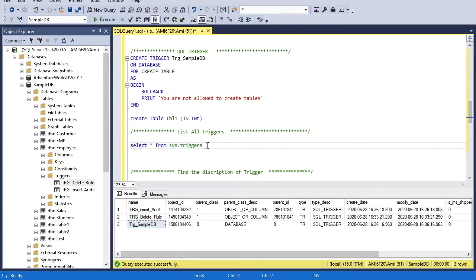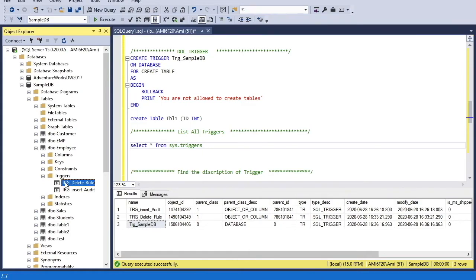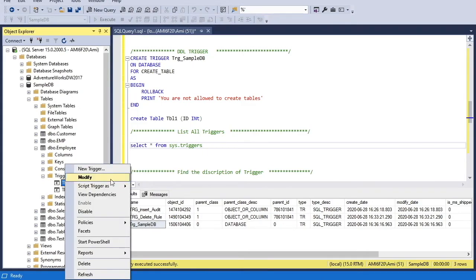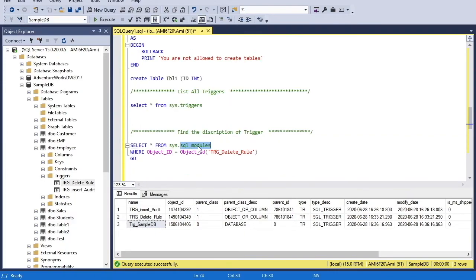If I want to find the definition of the trigger, I can simply do that by right clicking on the trigger and then modify. The second way is using a table. So sys.sql_modules is a table which keeps the definition of all the triggers that you have created. But you need to find it using the object ID.